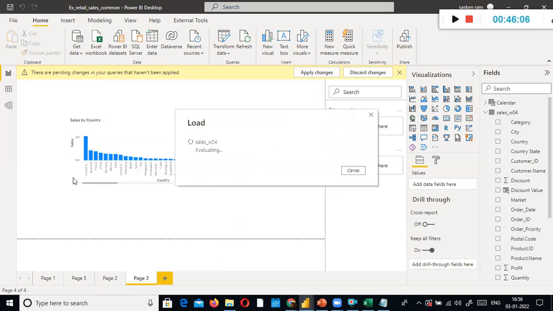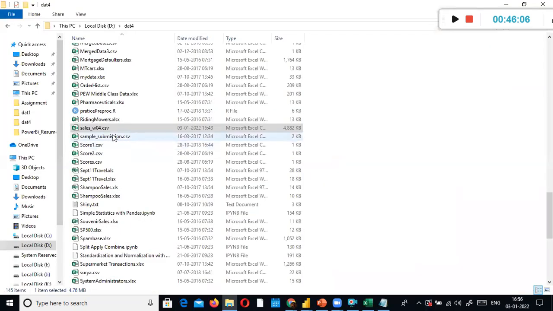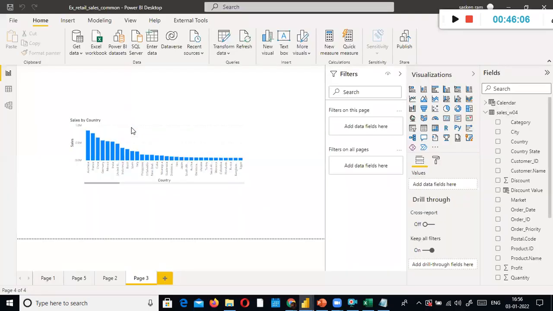So for that data, this one should change, because that data is different in production. In this development environment, we use some data. Okay, some development data we used. That is not the real data. Look here. So now it has picked up the data from the one which we typed. So we have typed which one? d:dat4. In this folder, we need to use this file. So now what is the advantage of that? See, the production guys, right? All they have to do is just click edit parameter, give the path name here. That's all.